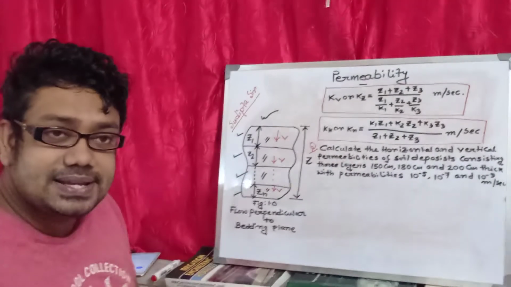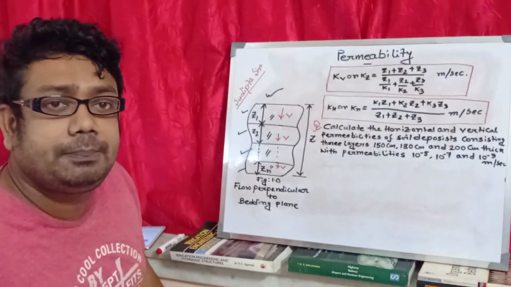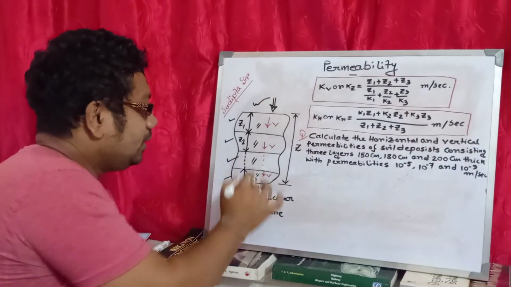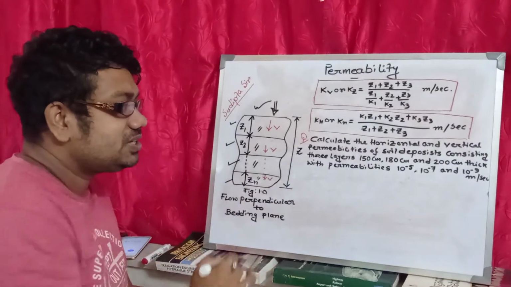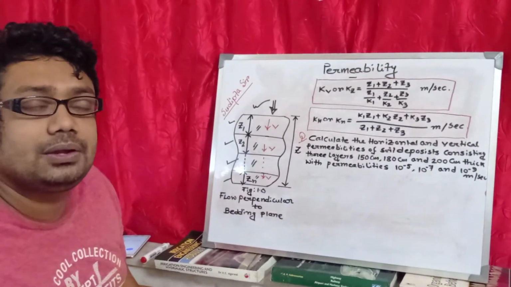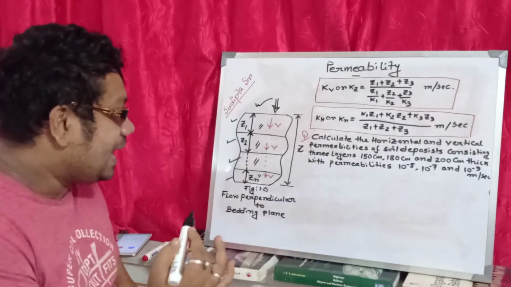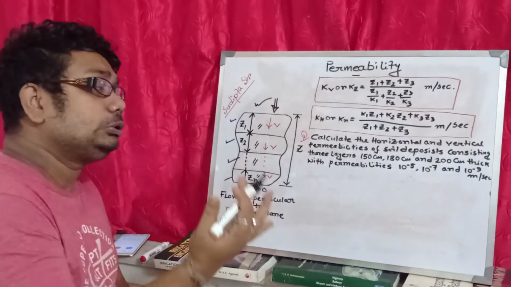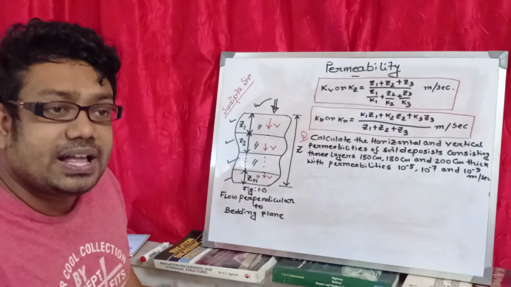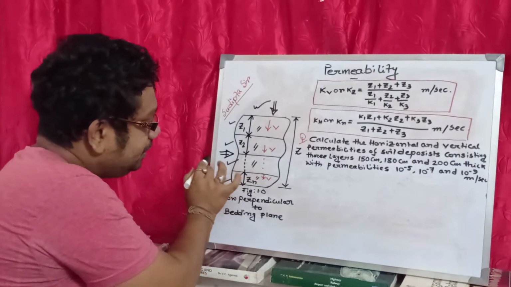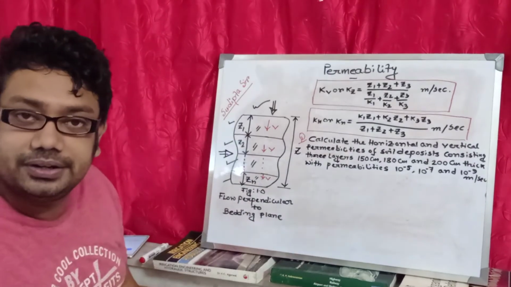Now you are asked to find out the permeability. Say water comes from this direction, then how much water will pass through? That is the way to calculate the permeability in the perpendicular direction. As well as another point you are asking in the question: how much permeability may happen if water flows from the horizontal direction.